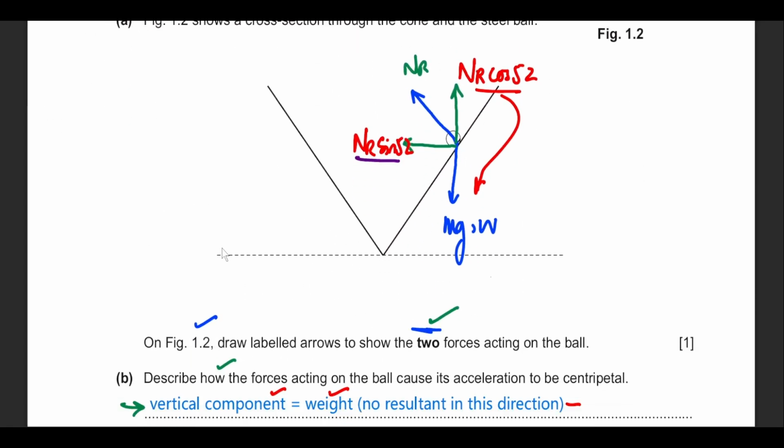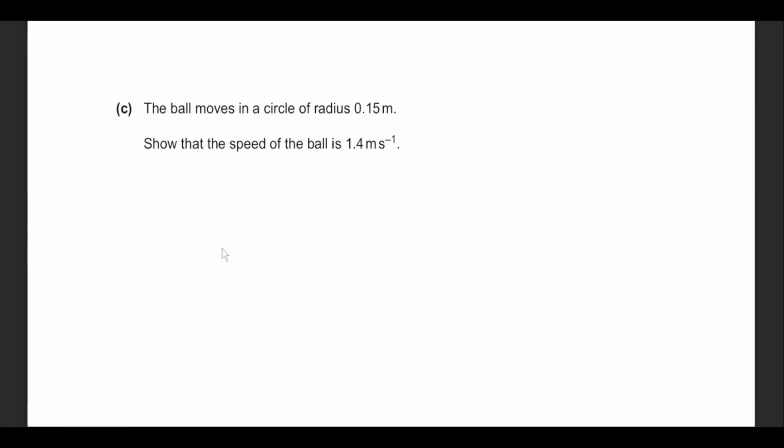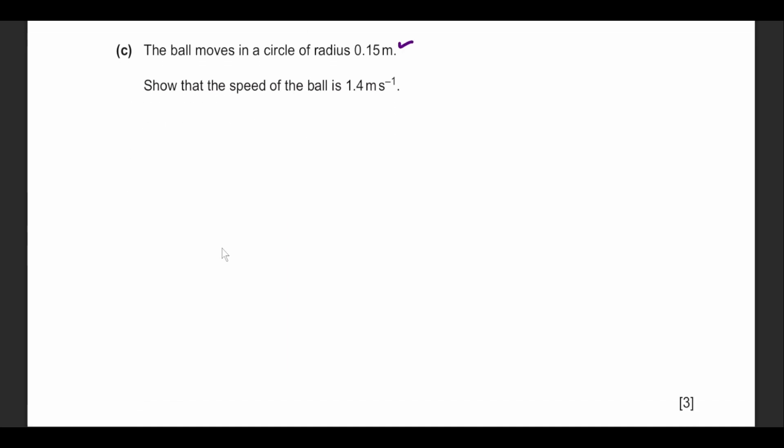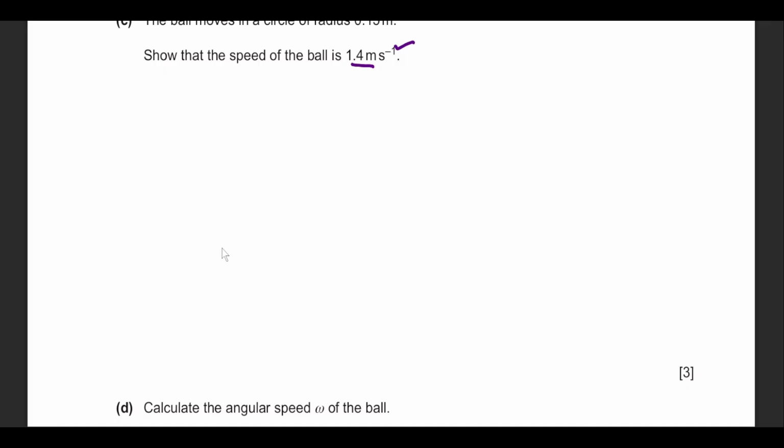So let's move on. He says that the ball moves in a circle of this radius with this speed. So okay, fine. He says show that the speed is 1.4. Okay, no problem. So first let's look at the components. The first component we have is normal reaction cosine 52, which is equal to mg. And then normal reaction sine 52, which is equal to the centripetal force, mv squared divided